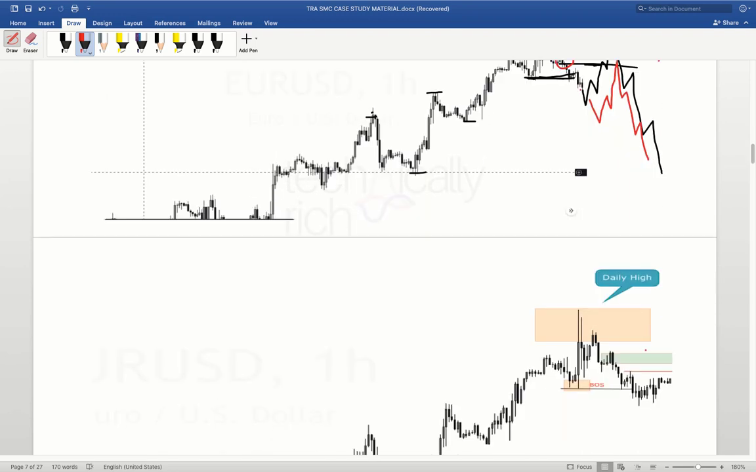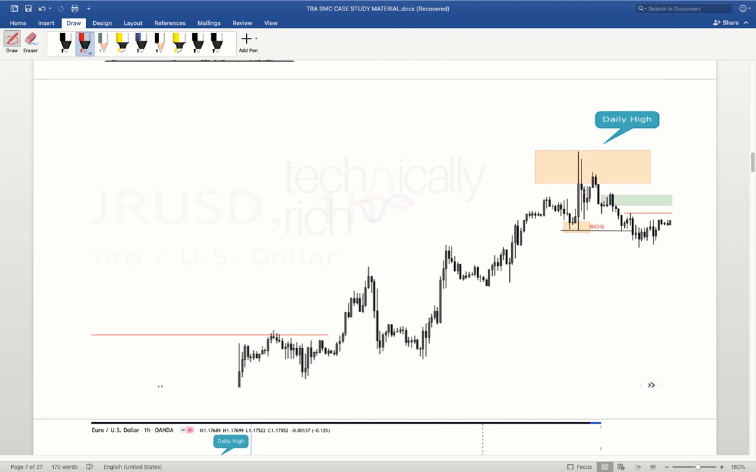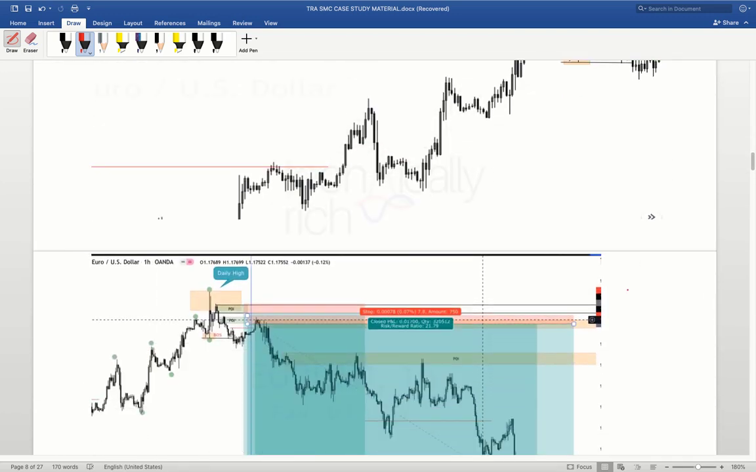So now remember what we have, our daily high. So this was our daily high. Now our break of structure, and then this is the POI I was talking about there, and here we have the other POI here. All right, so if we look further,